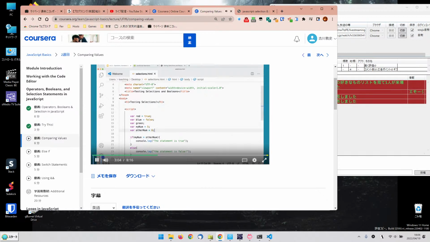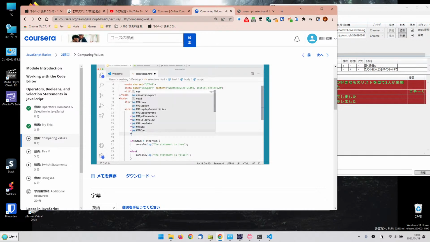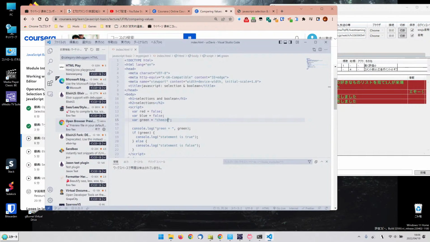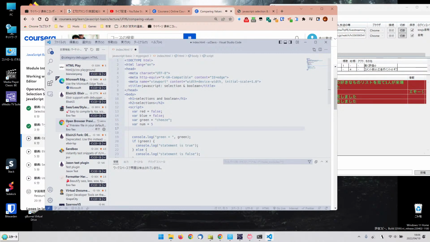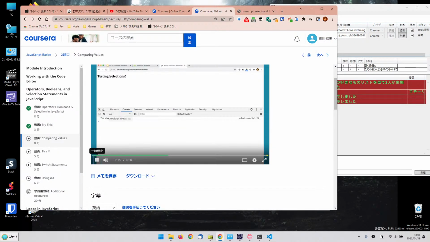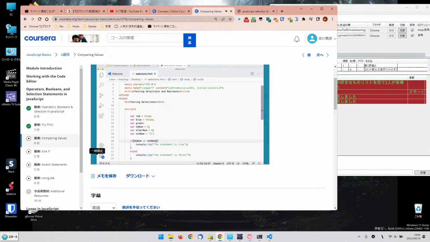Let's try this out. This is interesting. Var not num equals quote 5. So this 5 is a string with the number 5 in it. Now can I check to see if my num is the same as not num? What do you think I'm going to get there if I save that and try that? The statement is true. Well, that's interesting. How can a 5 be the same as